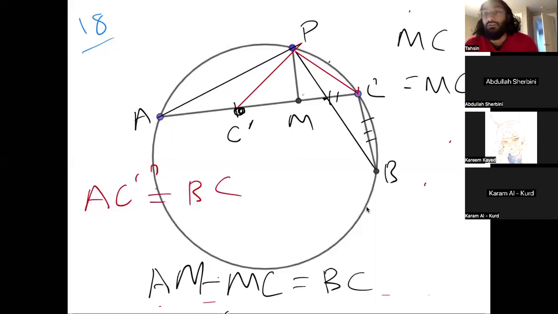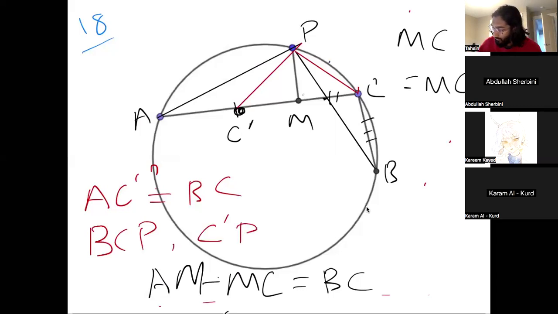Right. So that's a good question. So we want to show AC prime and BC are equal, right? So which triangles can we compare? Maybe BCP and C prime PC or something. I'm not sure. So one of them was BCP and the other one was what? BCP and C prime PC. So if you have C prime PC and BCP, right? So okay, BCP, C prime PC. Wait, so